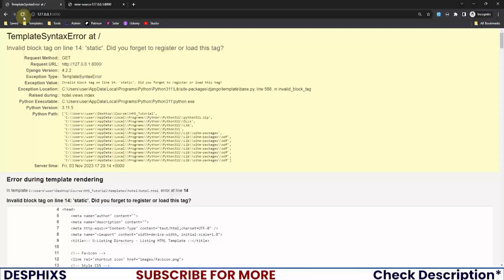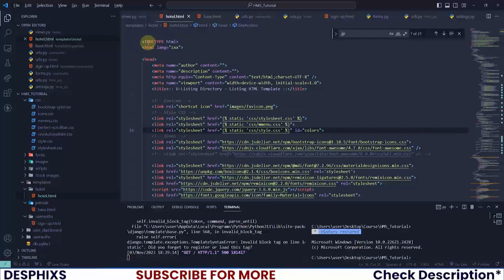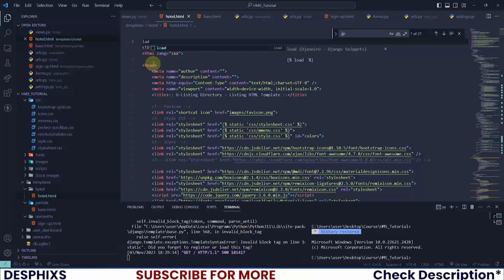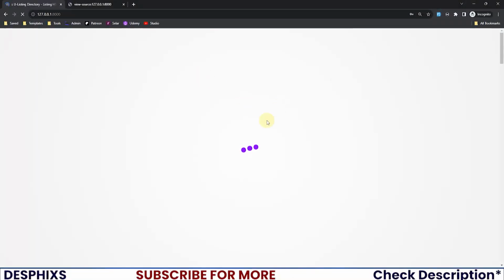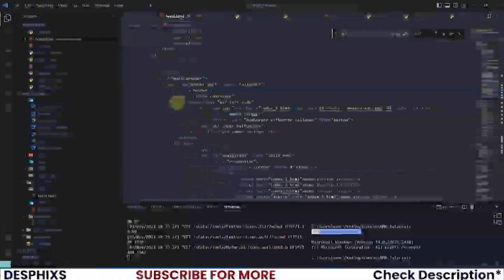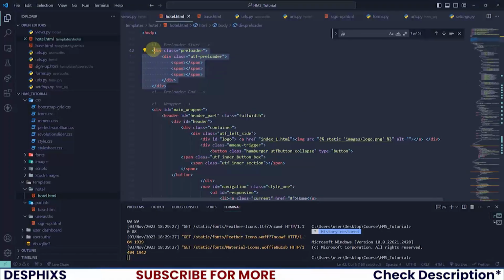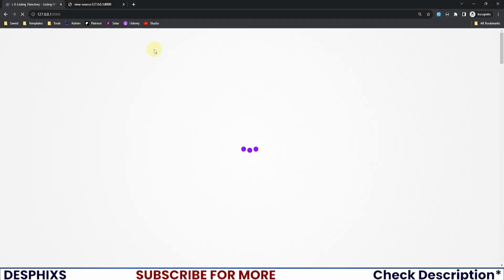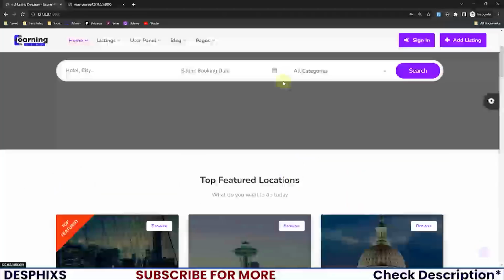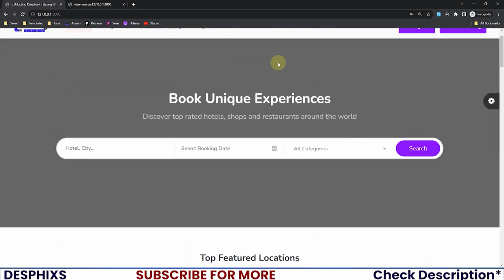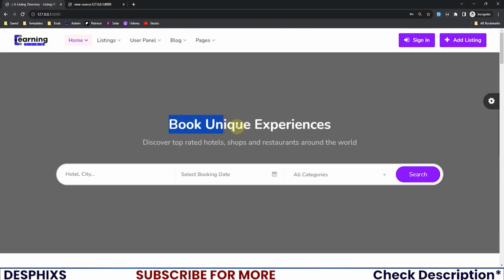Okay, let's see. I think there is an issue here. We need to load Django static. So at the top, I want you guys to load static, refresh. There you go. This is now working well. Let me just comment out the preloader and reload this. There you go. This is now working perfectly well. We have everything that we need, but we are mostly interested in the